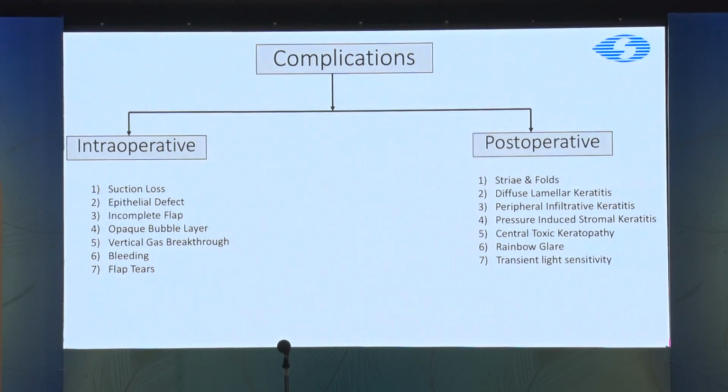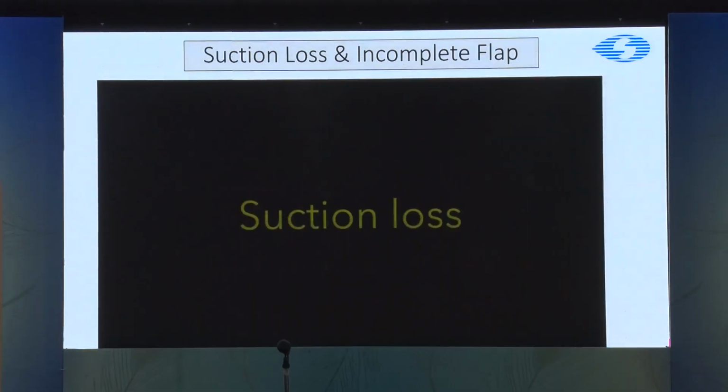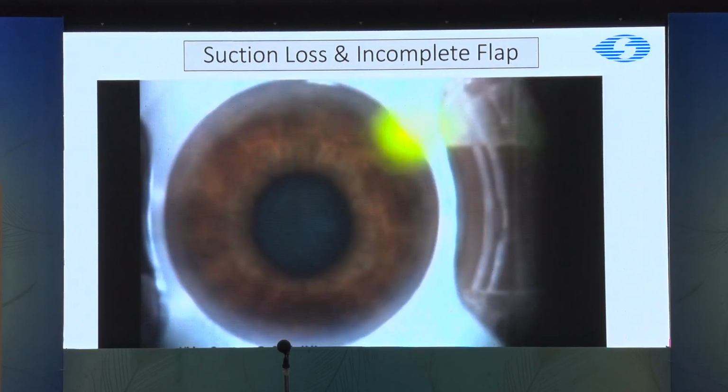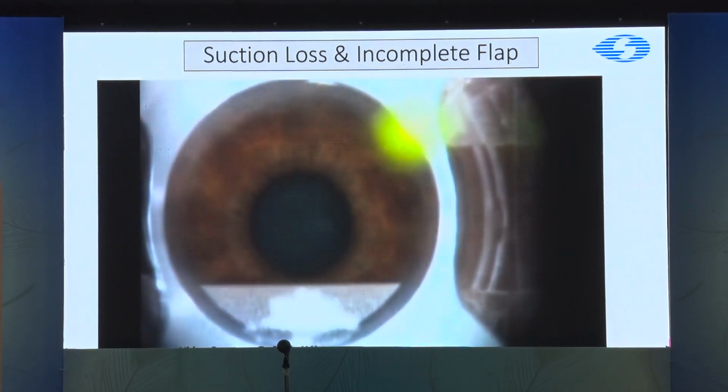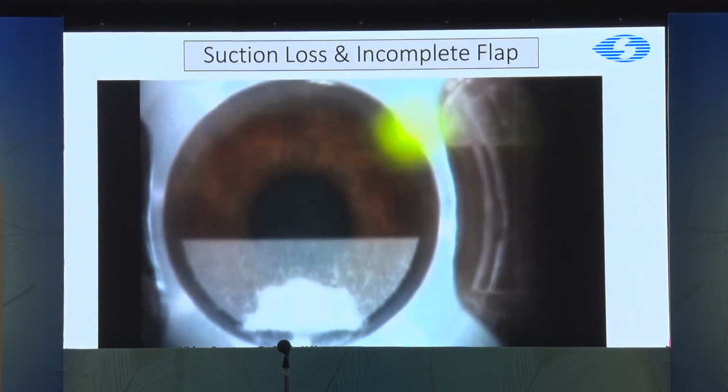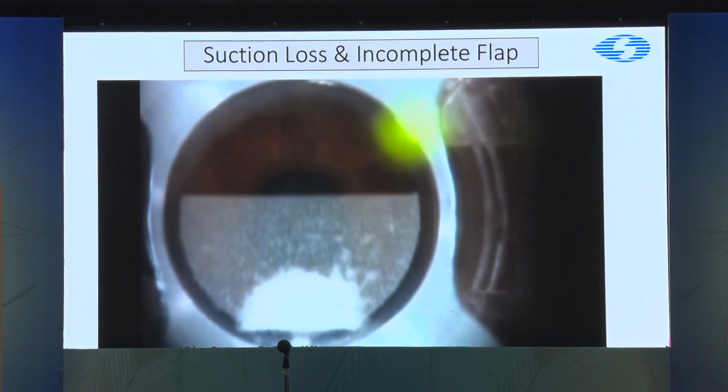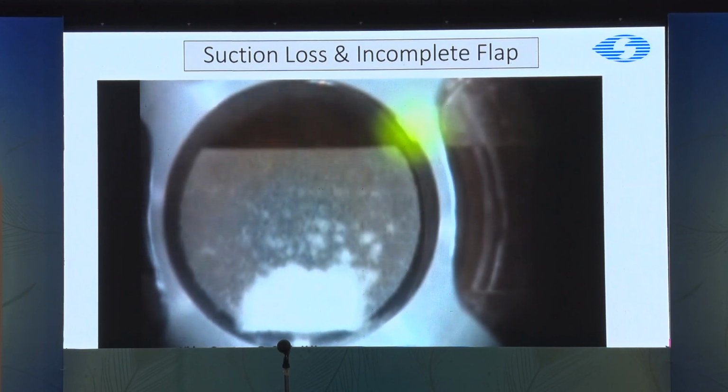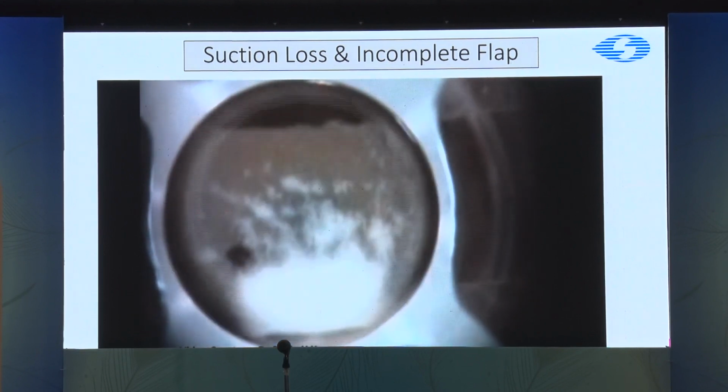So we'll go through the intraoperative ones first. The first one that I'd like to show this video of is a suction loss, which can occur. The vacuum built up by the laser is not as strong as by the microkeratome. It doesn't reach as high a vacuum level, so you can have this kind of suction loss during the raster